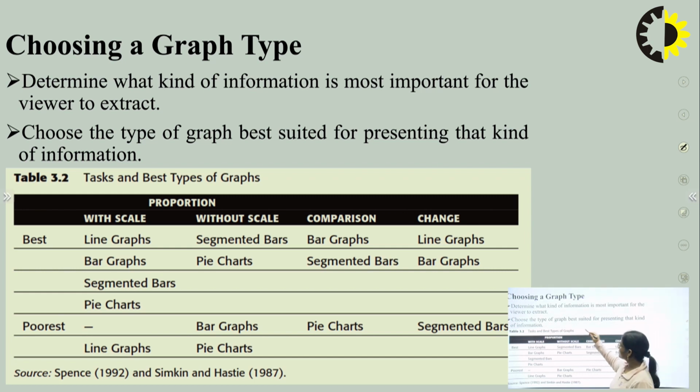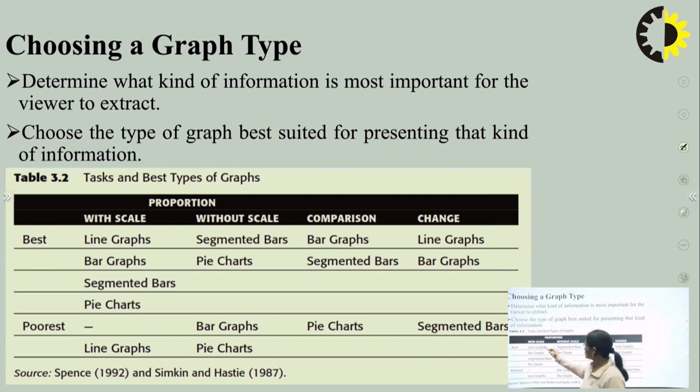Choose the type of graph best suited for presenting that kind of information, because it depends on our situation, or the data, or the user or our interest, in which way we want to show our data or which format we want to follow, that makes it easily